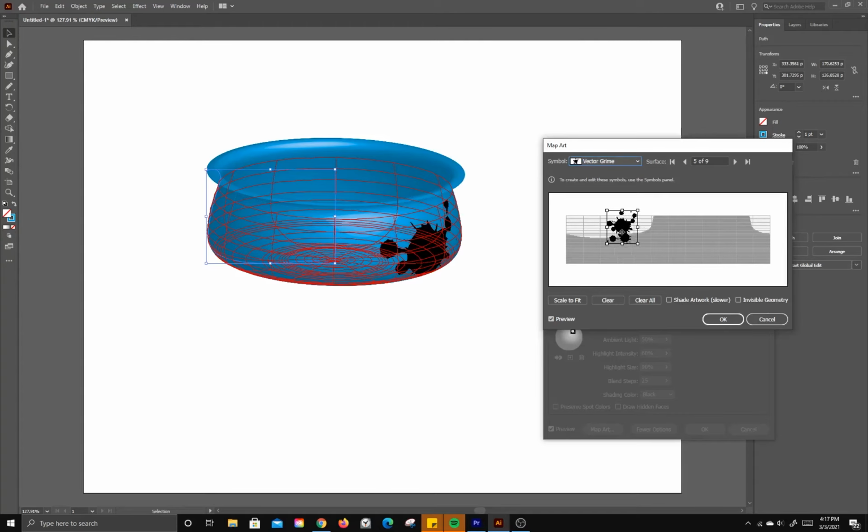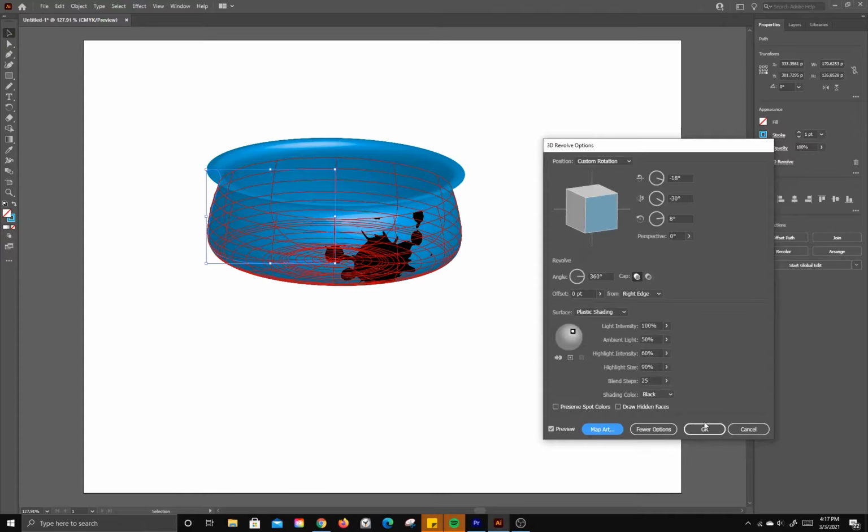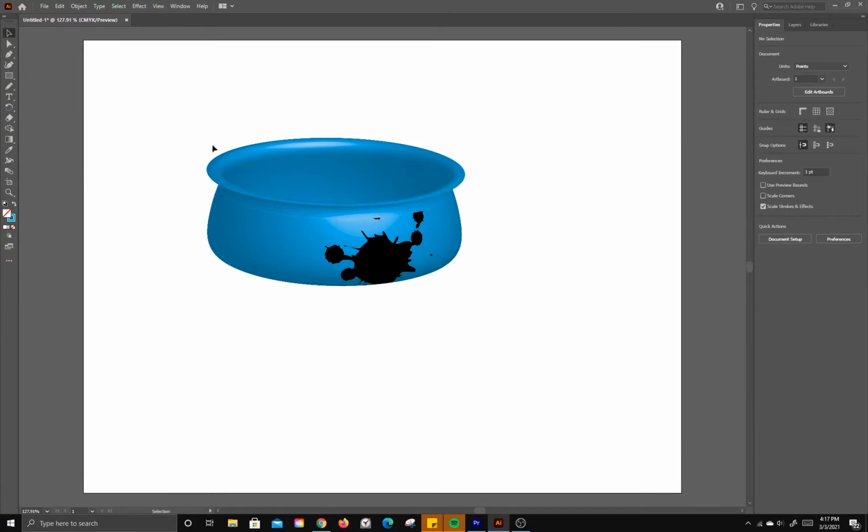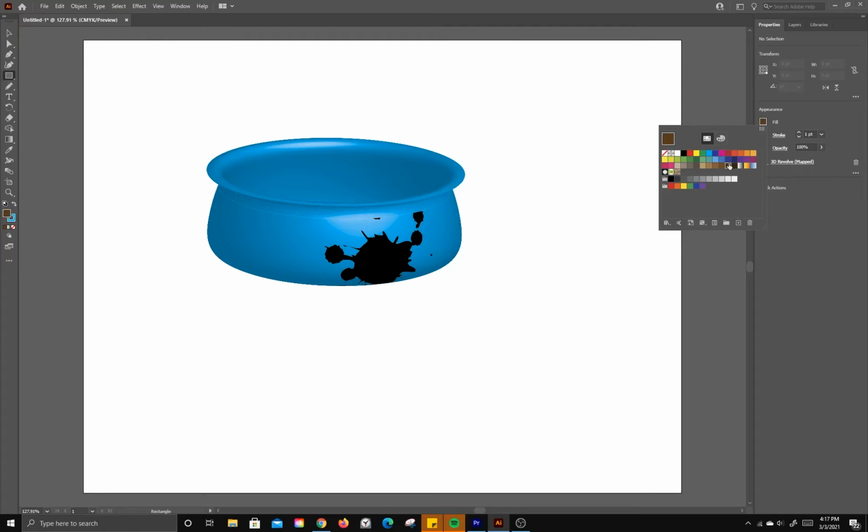Once I've done that, you can see it's actually showing up and mapping to the contour of the bowl. After you've got it placed and sized how you want it, you can hit OK. And it is now placed onto your bowl. In addition to creating revolved objects, you can also extrude and bevel objects. For example, if I take the rectangle tool and choose a color for the fill and choose a color for